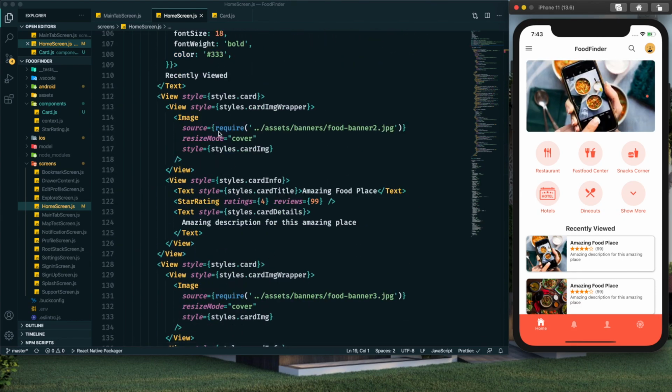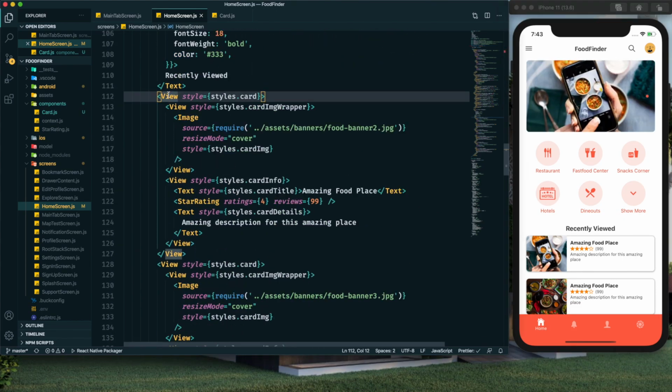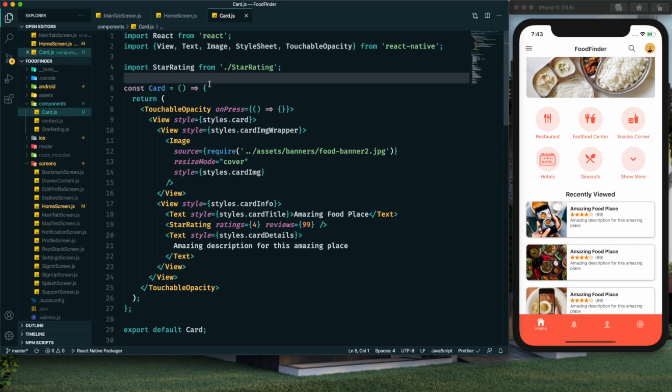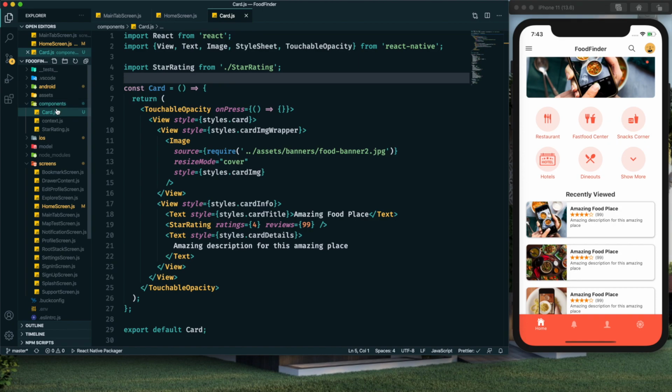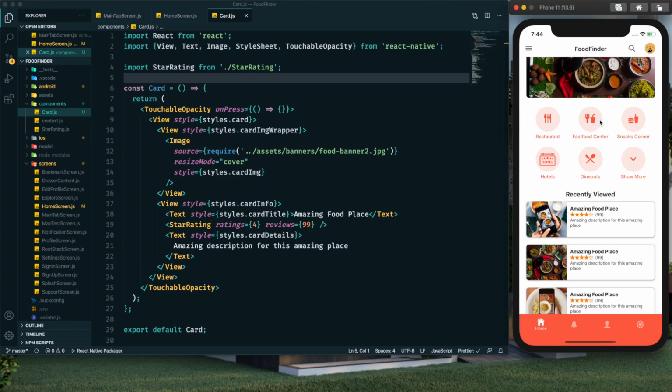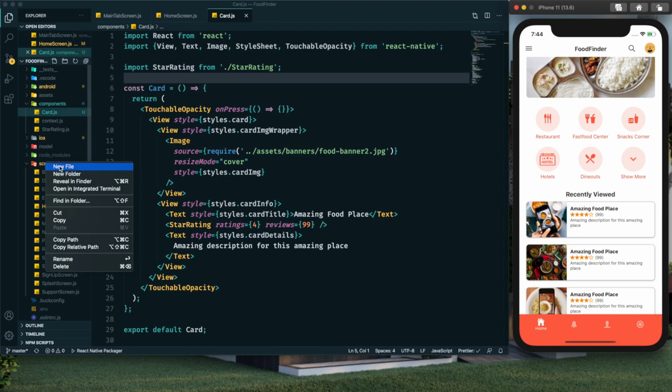In the previous tutorial I took this cards layout, which is this element, and I created a card component. Within this components directory I have created a card.js file, in which I have provided a card element. And now I will create a card list screen, and we will be visiting that screen when we click any one category here. So let me quickly create that screen here.